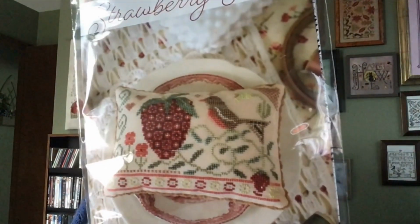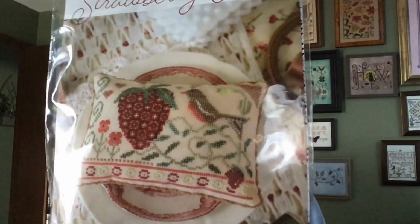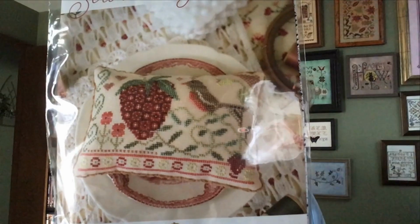As for finishes, I wanted to share with you that I finished Strawberry Faire, which I know a lot of you have seen. It's by October House Fiber Arts. And it's just a beautiful little design. I really liked it. But I tell you, this thing had me going. I got the whole thing done and had the big strawberry left. And for some reason, I could not